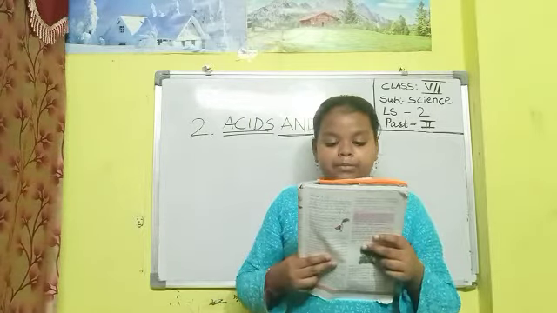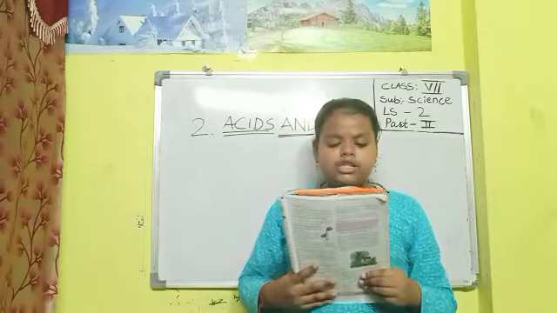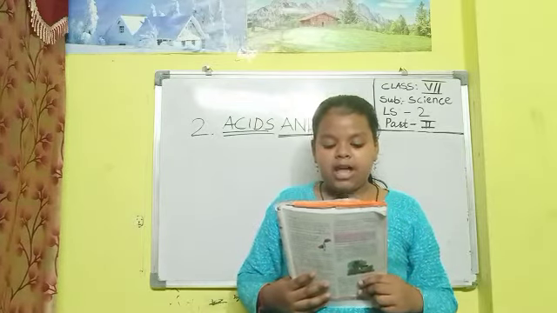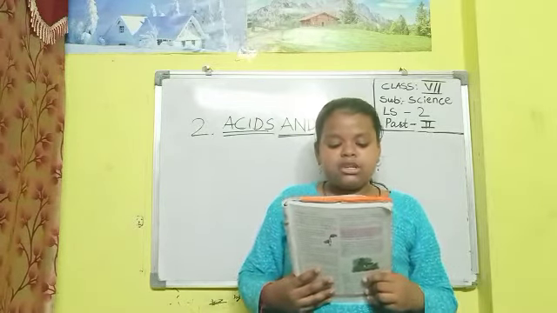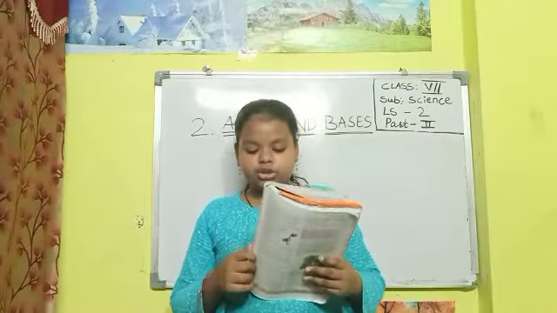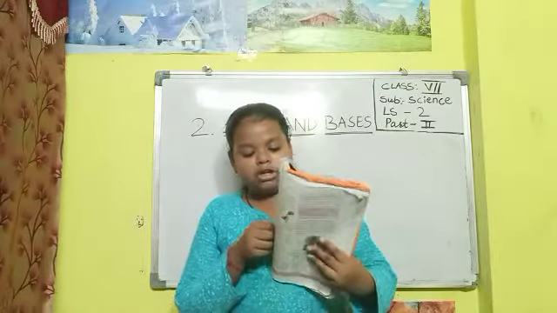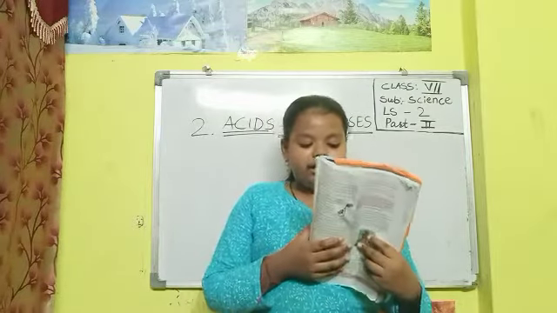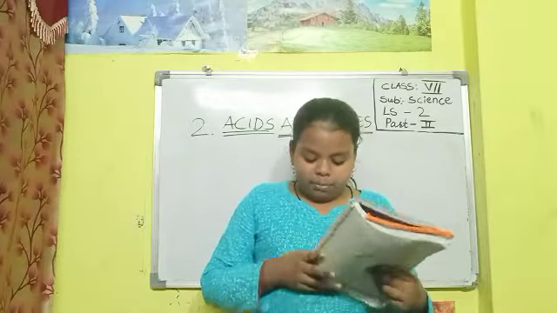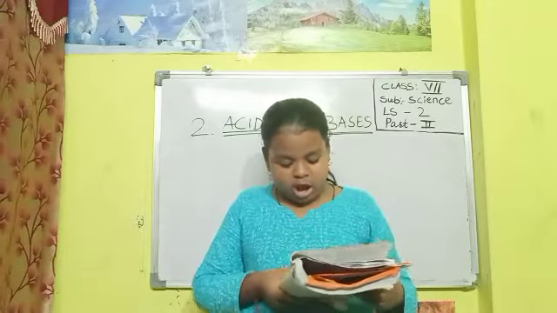Let us do some experiments. Take a natural acid, say lemon juice, in 6 test tubes and add copper, zinc, magnesium, iron, brass, aluminium pieces to each one of the test tubes separately. Note your observations. Let us do. Take lemon juice in 2 test tubes and add some pieces of marble to one test tube and egg shells to another. What do you observe? Now try to write the properties of acids and bases from your observations in the above experiments.